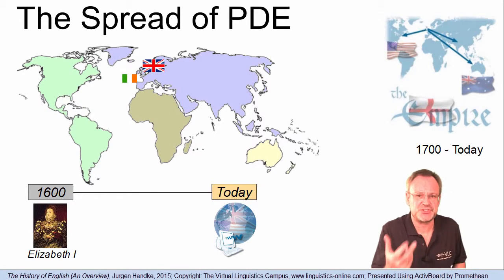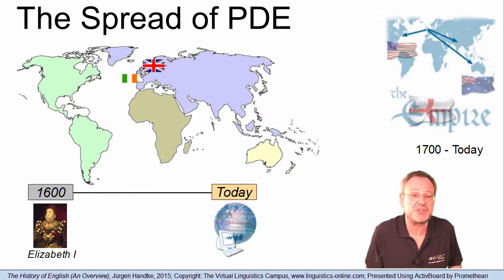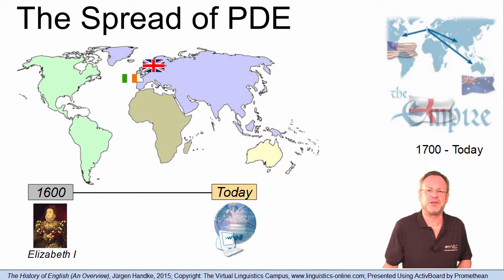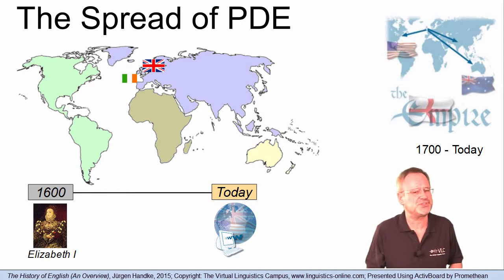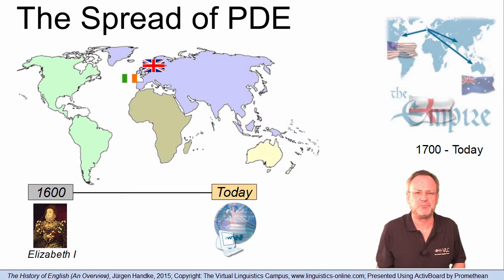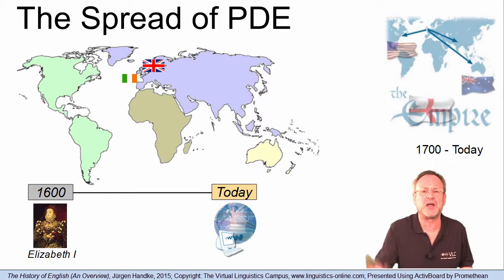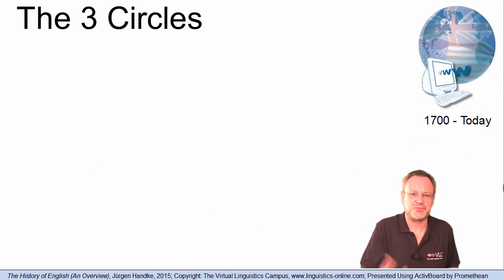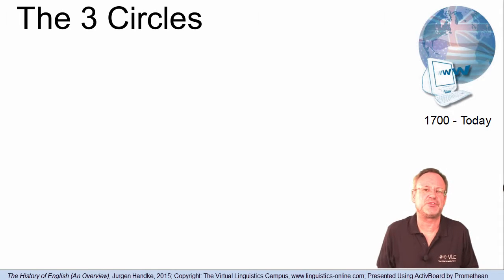The first significant step in the progress of English towards its status as a global language did not take place before the end of the 16th century. By the end of the reign of Elizabeth I in 1603, literature had boomed through the works of Spenser, Marlowe and Shakespeare, and Francis Drake and Walter Raleigh had laid the foundation for expanding the English influences in the New World. Today, the spread of English around the world is often defined in terms of 3 concentric circles.